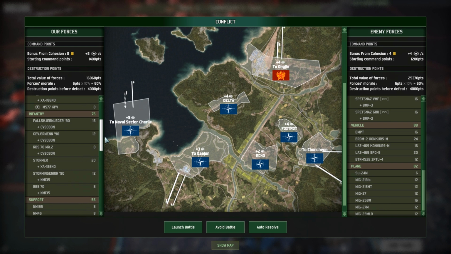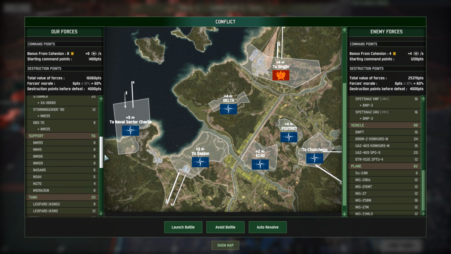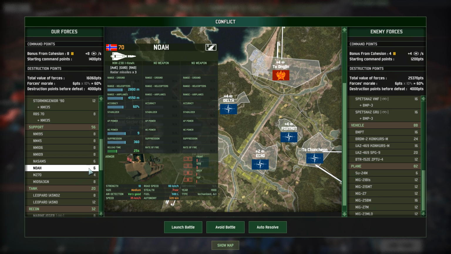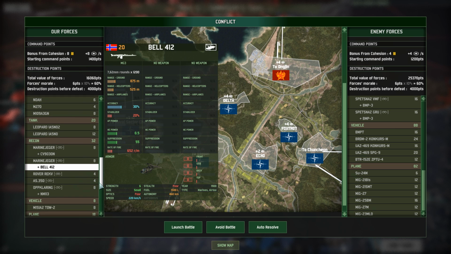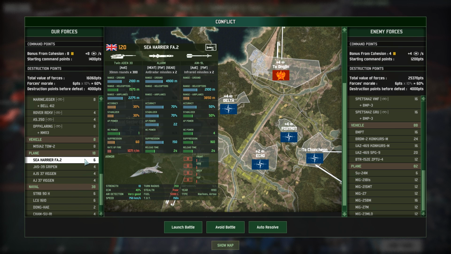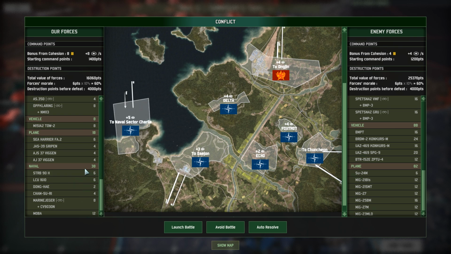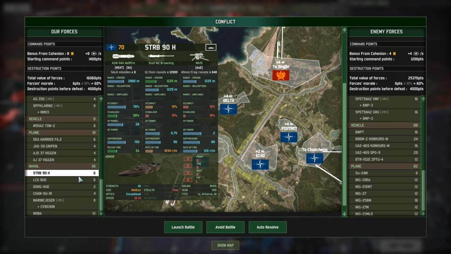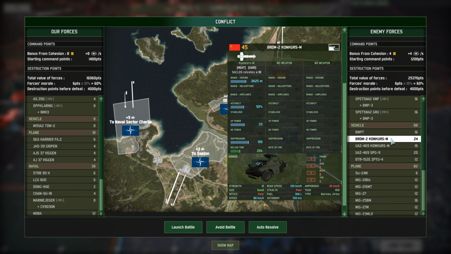To defend, 76 units of infantry, 56 support units, including NASAMs, so I should be able to snipe at least a couple of those airplanes using both the NASAMs and the NOAAs. 20 tanks, 32 recon units, 8 HGM vehicles, 18 planes, and 38 naval units. Especially with 6 LCUs and these guys, I should be able to snipe quite a few of these vehicles